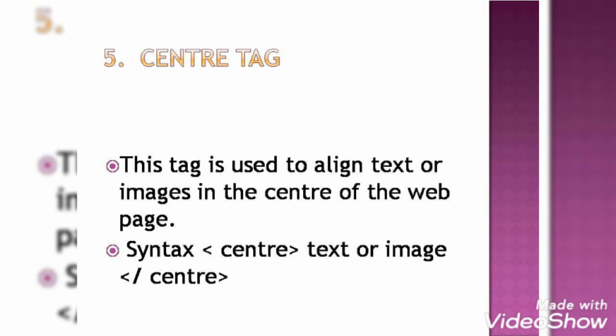The next is the HR tag. HR is for horizontal rule. It will produce a horizontal line, with the width of the browser window. The window is there, no? So it will bring a particular line there. So that is horizontal rule. It is very useful if you want to make sections in the web page. On the right side you want to write something, on the left side another part you want to mention, so you can divide it by using horizontal rule.